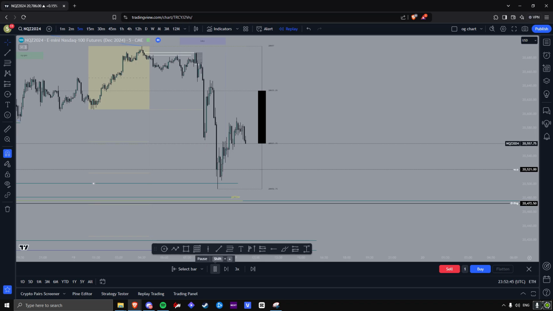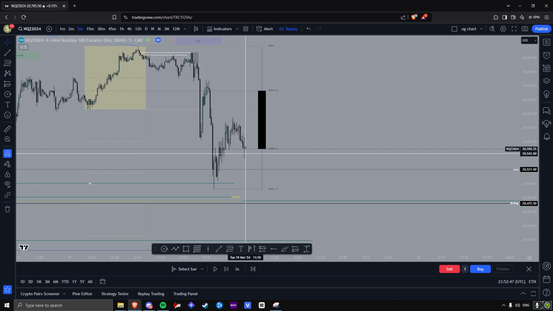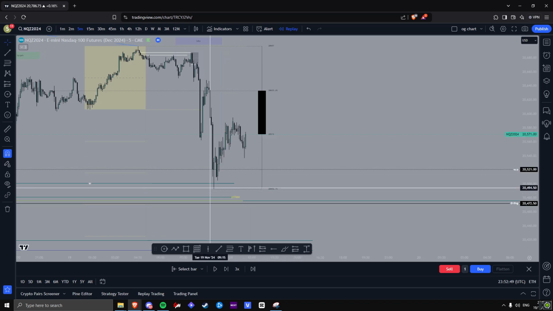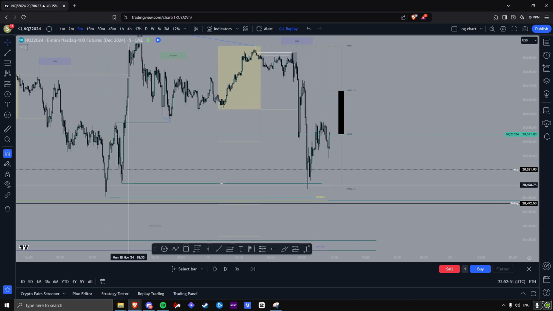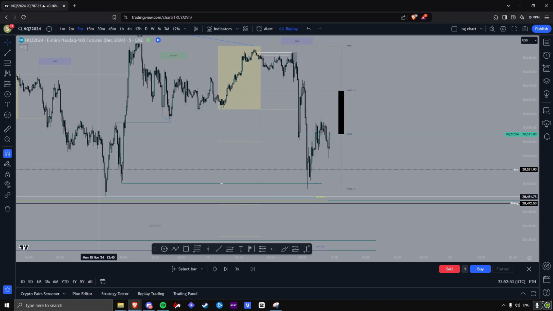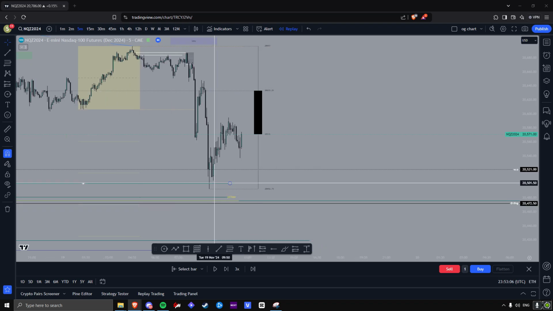Time is also important. So we still haven't entered the New York session. We only took this first low over here. We do also have another low. However, on ES, we did take this low. But it's not in our trading plan to be entering